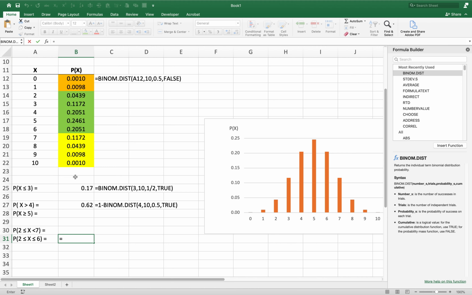One is to use the 2 binom.dist functions. By the way, up to now what I've done is gone up to the very top where it says formulas and then chosen the binom.dist formula builder. I can actually just type it in. So binom.dist, left bracket, and then it prompts you for the different parts here. So what I would do is I would say the bigger number, which is 6, that's my x value, the number of trials, comma, 10, comma, 0.5, comma, true,